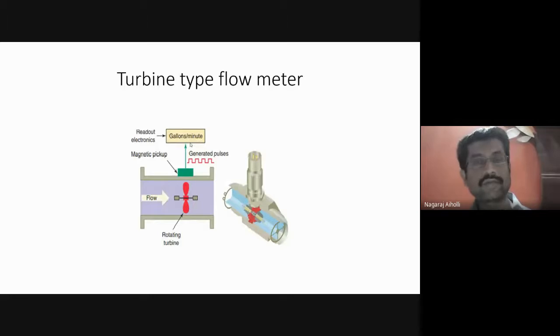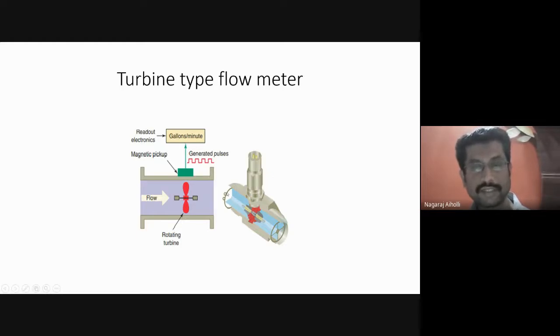A gallon is actually the unit of volume. But when we want to convert it into the flow rate, suppose the container takes 5 seconds to fill, then 60 is the standard that is divided by 5, which gives us 12 gallons per minute. That is how we are able to measure the flow rate in gallons per minute.